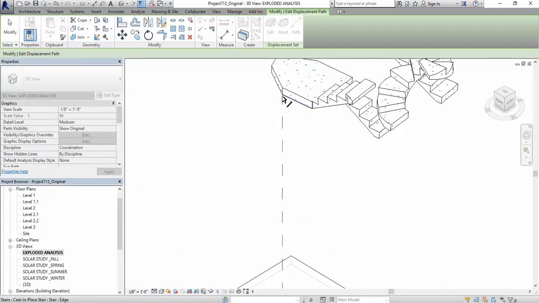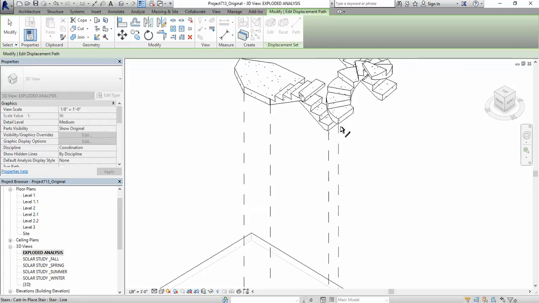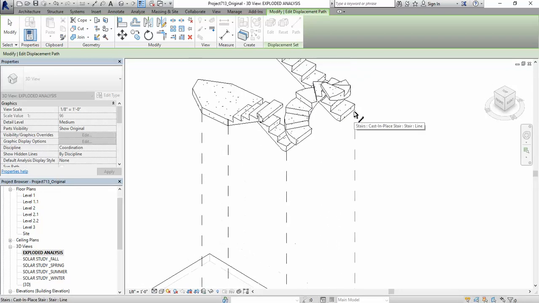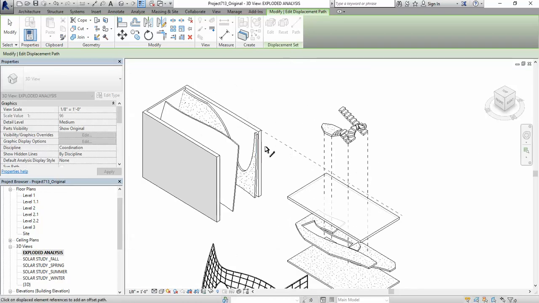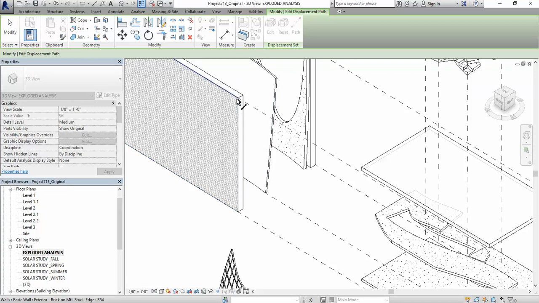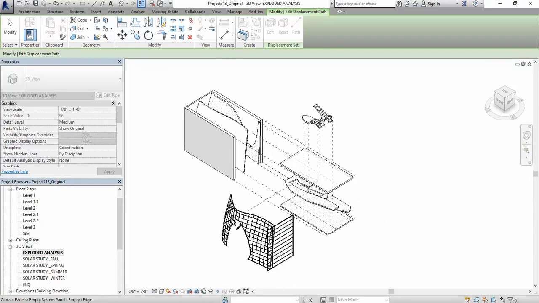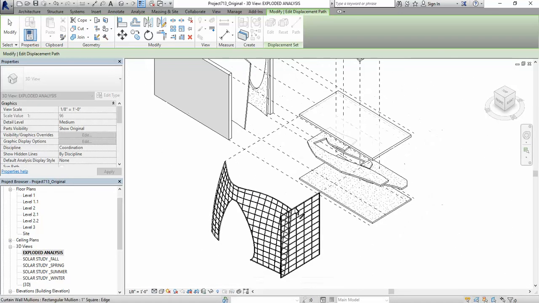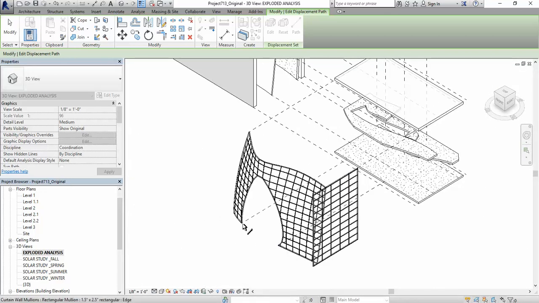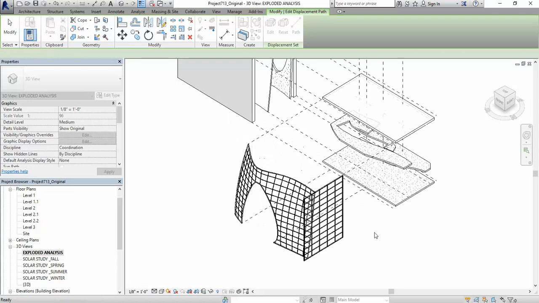You can go ahead and snap in characteristic moments of the geometry. You don't want to exaggerate, you don't want every edge point to be a path, because then your exploded diagram will become very, very messy. So I will choose this one, and then I will choose the exterior walls, and then the middle wall, and then the other wall, and that's the end. Let's go also up. And from the curtain walls, I want to go to the sides, obviously, so I can describe a little bit the boundaries, and why not, this opening seems to me also important. Great. So now I have correlated all of the elements, all of the components together,